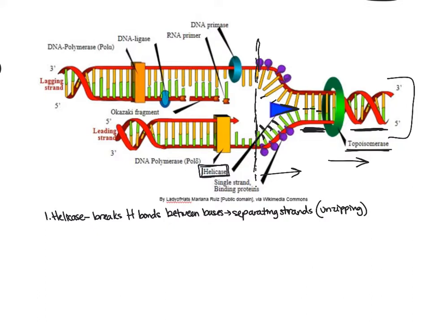We're going to read the base pairs on each strand and make a new strand that's complementary to it. Meaning that if this is an A, for example, then what we're going to do opposite is add a T. If this is a C, for example, opposite, we're going to add a G. And then we're going to build these pieces, adding piece by piece on. And we'll take a closer look at that as we move along. But the first step is we need our helicase in there that's going to go along and unzip these strands for us.